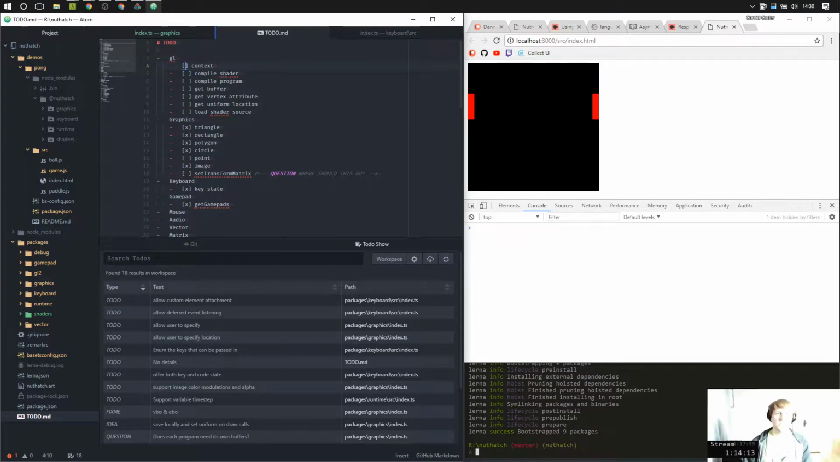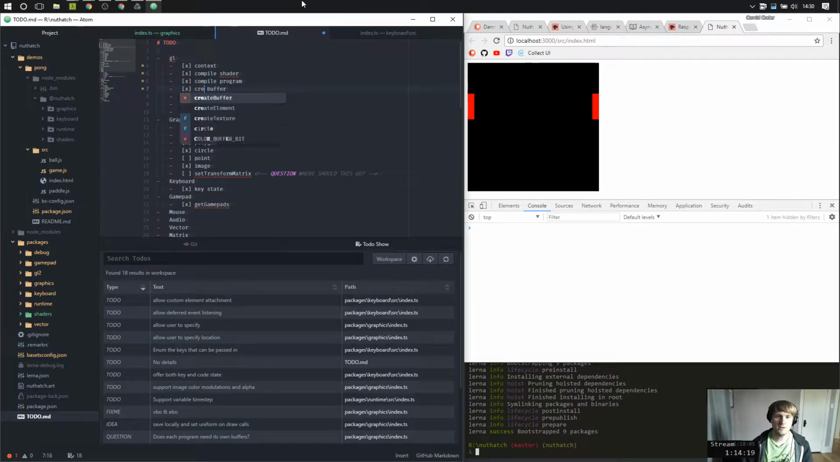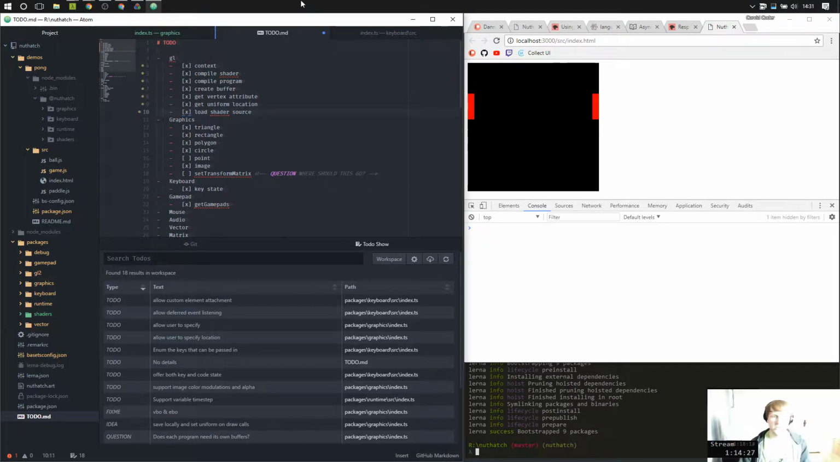Oh, so let's update this. Got the context. I compile a shader. I compile a program. I can create a buffer. I can get a vertex attribute. I can get a uniform location and load shader source. That's actually sitting here in graphics. So